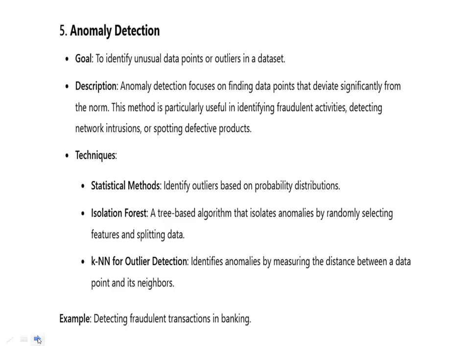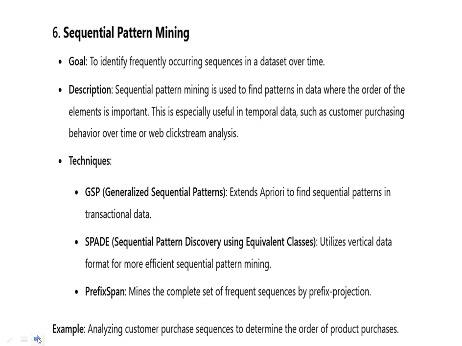Anomaly detection focuses on finding the unusual data points, using statistical methods, isolation forest, KNN, and outlier detection, for example detecting fraudulent transactions in banking. And sequential pattern mining identifies the frequently occurring sequences in the data sets, with techniques such as generalized sequential pattern, SPADE, and PrefixSpan, analyzing the customer purchase sequence to determine the order of product